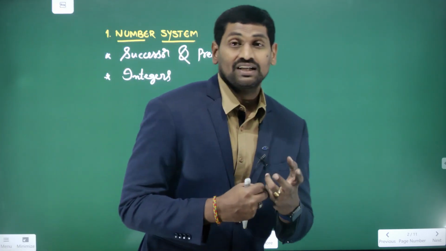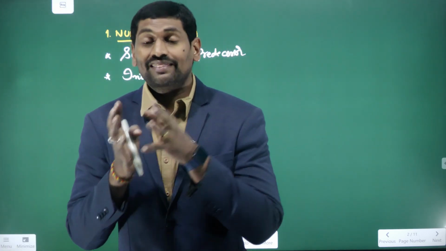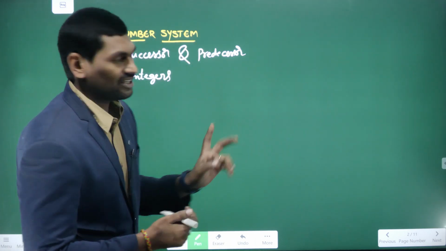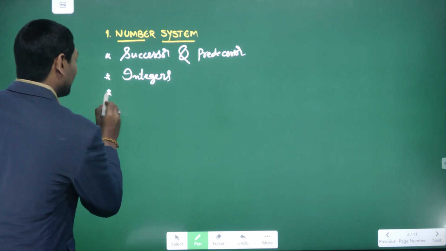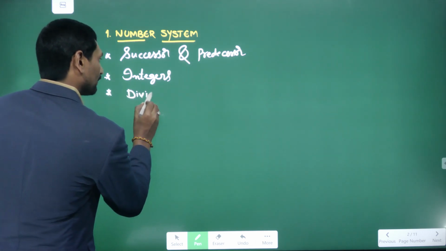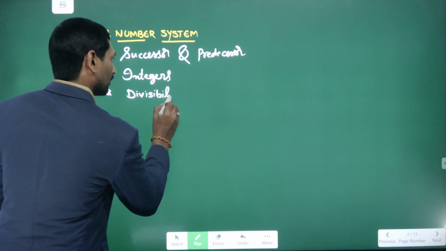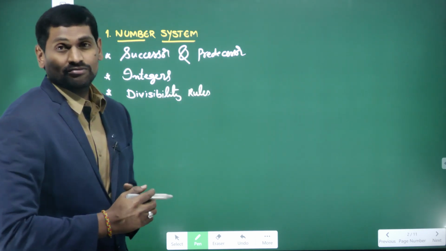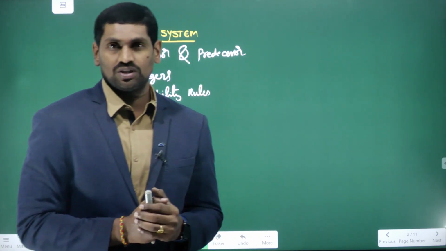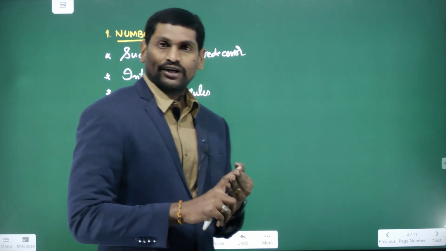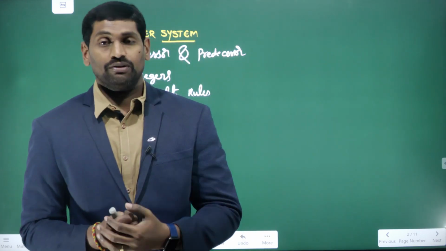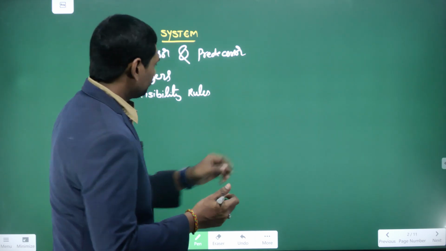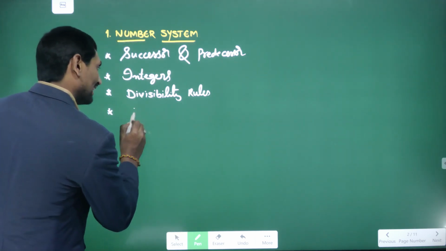And how we apply the mathematical or arithmetical operations between integers, we are going to discuss in this topic. Next, divisibility rules, very important. We cover almost all the divisibility rules. So 2, 3, 4, 5, 8, 10, 11, 25, like that we are going to cover all the divisibility rules in this topic. Next, LCM and HCF,